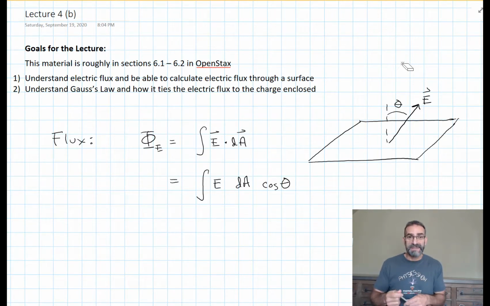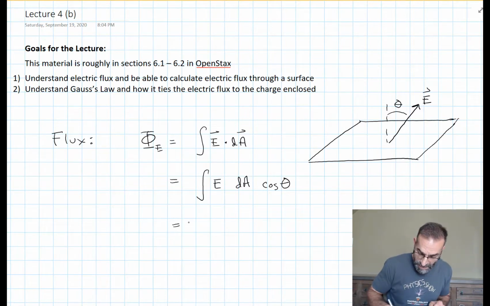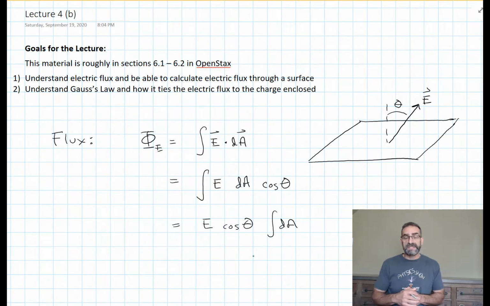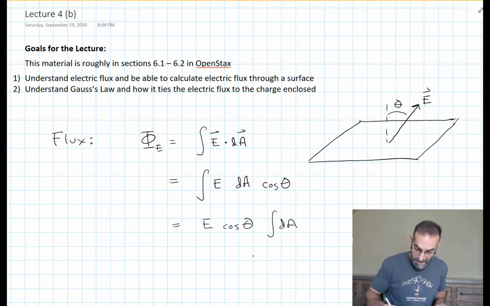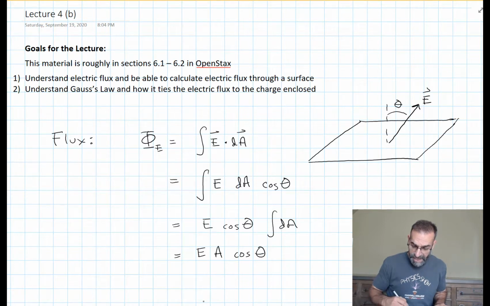So let's take a look at what happens if it is. If the electric field is constant in magnitude, then E pops out of the integral. And if the direction never changes over the surface, theta is also a constant. So this becomes E cosine theta times the integral of dA. And the integral of dA is just A, the area of our surface. So this becomes the magnitude of the electric field, times the area, times the cosine of the angle you get when you put their tails together. So you see that this becomes fairly simple